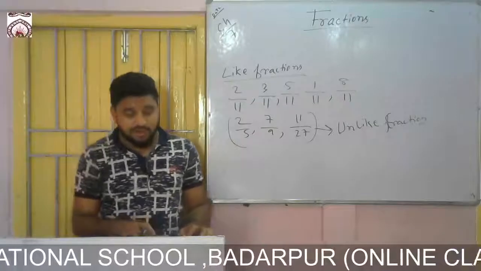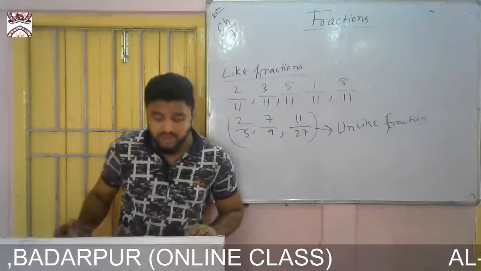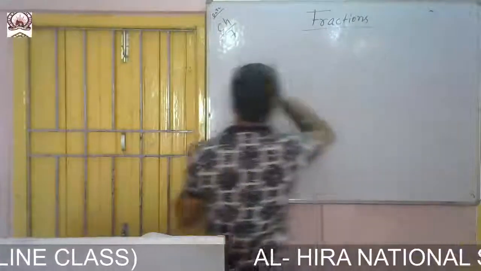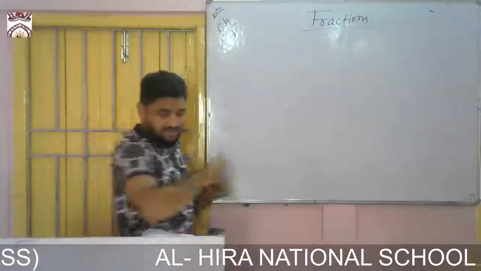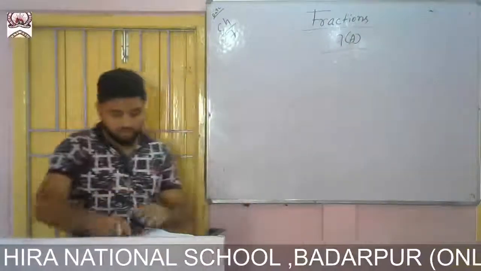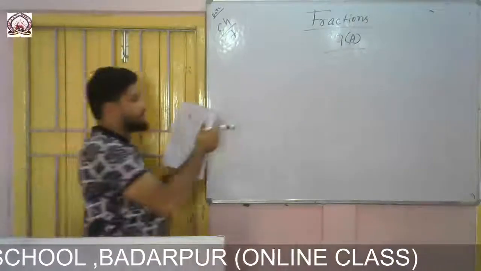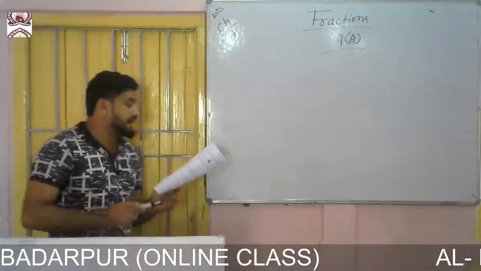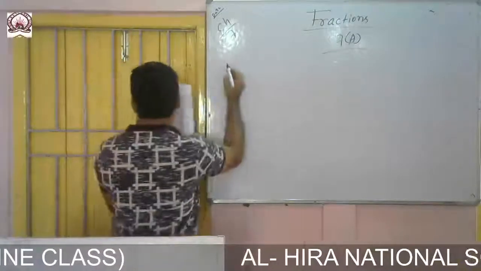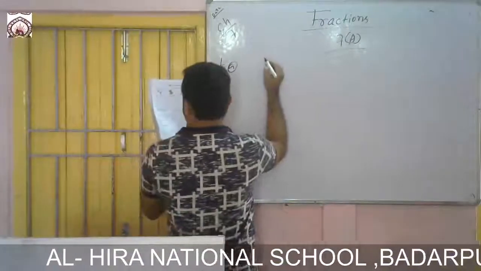Now let's start with the exercise. Take the fraction that is equal to the fraction shown by the shaded figure. So come to exercise 7a. Here you see exercise 7a. Take the fraction that is equal to the fraction shown by the shaded figure. One figure I am drawing and the others I shall tell by mouth. You see the first figure.